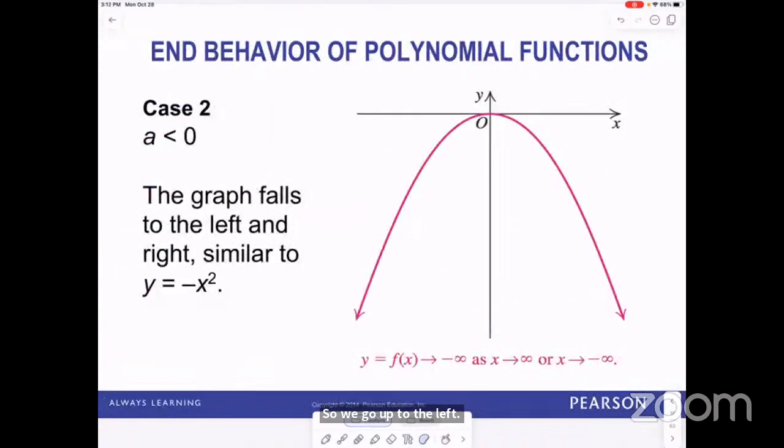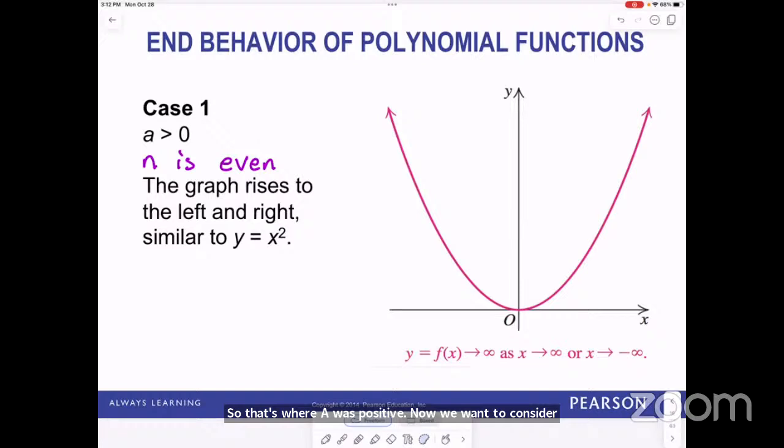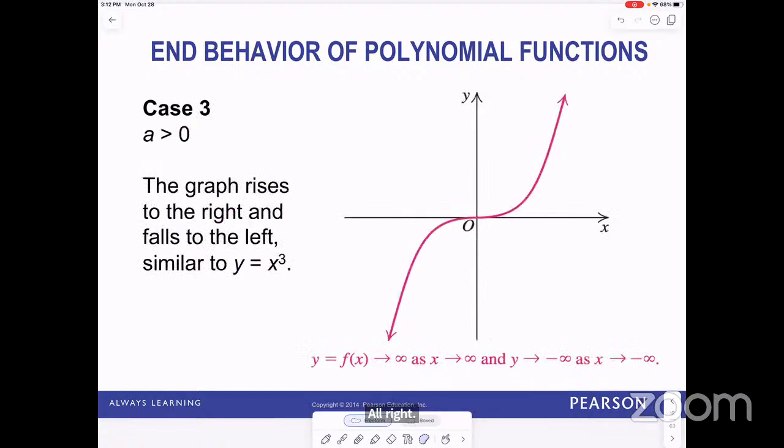Now we want to consider when a is negative, and n is even. So a being negative means our graph goes down to the right. N is even means the other side does the exact same. So we're going to go down to the left. Okay. All right. So then the next one, now we're back to a being positive, but instead of n being